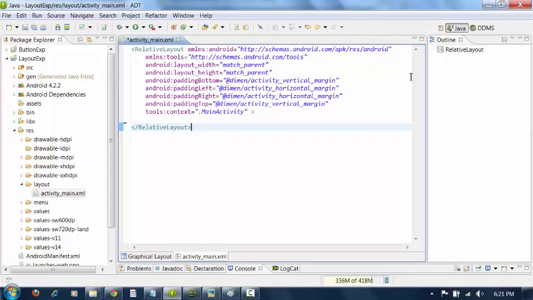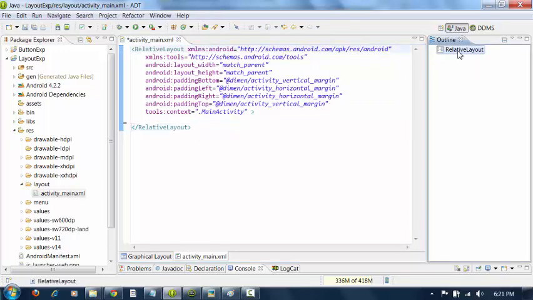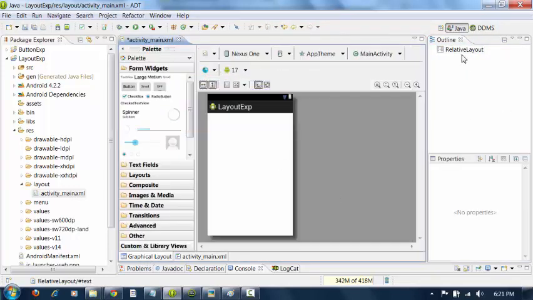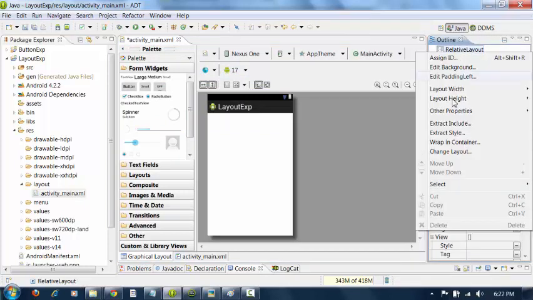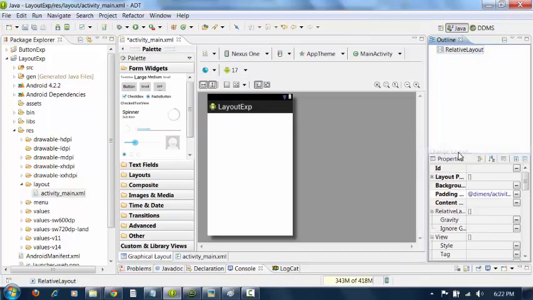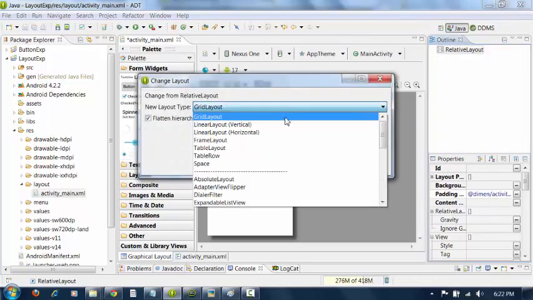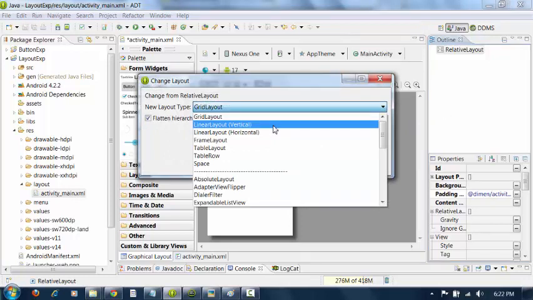Now as we are discussing about linear layout, I will change this layout to linear layout. For that you should be in graphical mode. Select the layout, right click. Change layout. Select linear vertical layout.